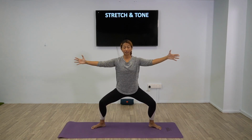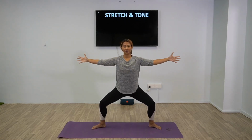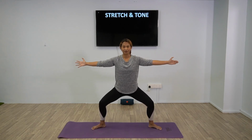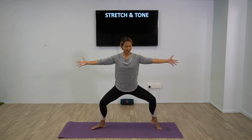Going to go 4 more times. 4, 3, squeeze your upper back, 2, and 1 more, and hold there. Now, check my foot and lift your right heel and down, and switch the other heel and down, right and